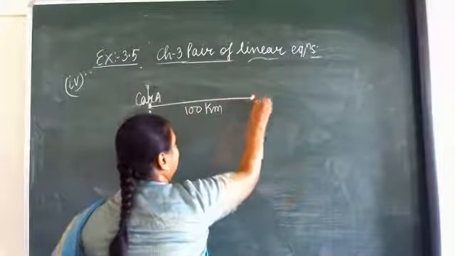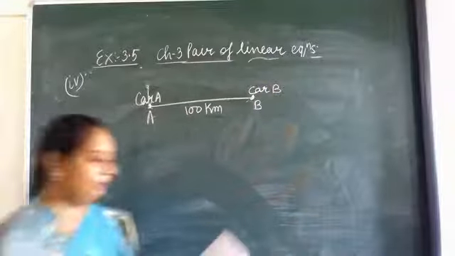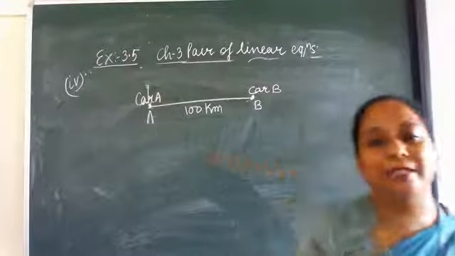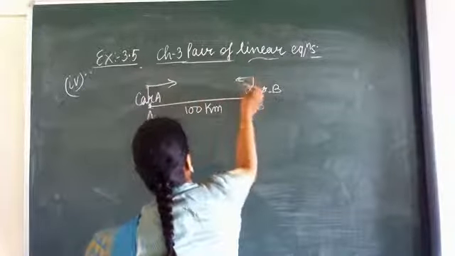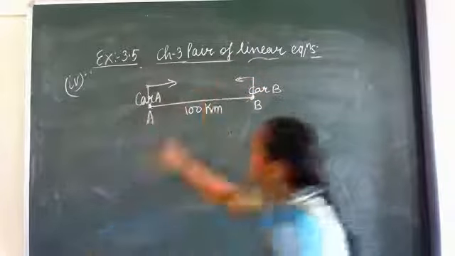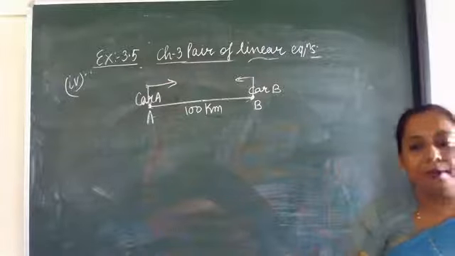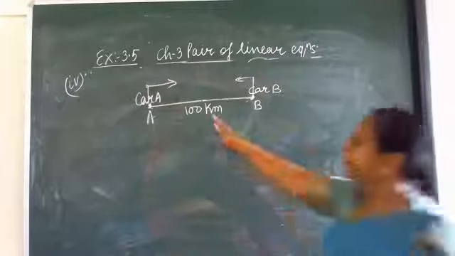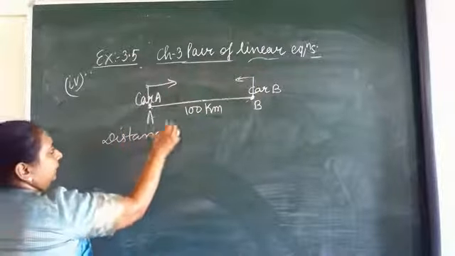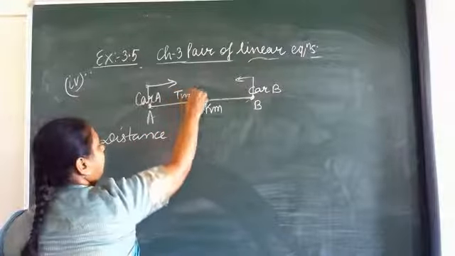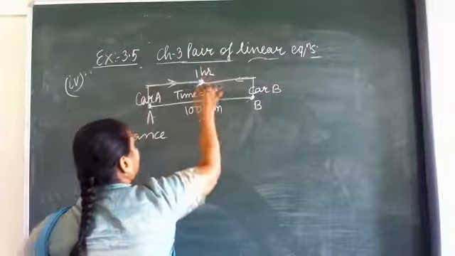Now for the second condition, what is given when they are traveling towards each other. Towards each other, this is traveling here and this is traveling here. So the distance covered by car B and the distance covered by car A are to be added up to give you 100. Means the distance covered, time is when they meet each other. Suppose this is traveling here and this is traveling here and they are meeting in 1 hour. Time is 1 hour.